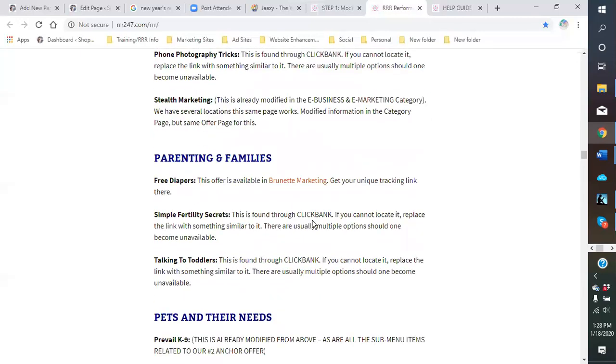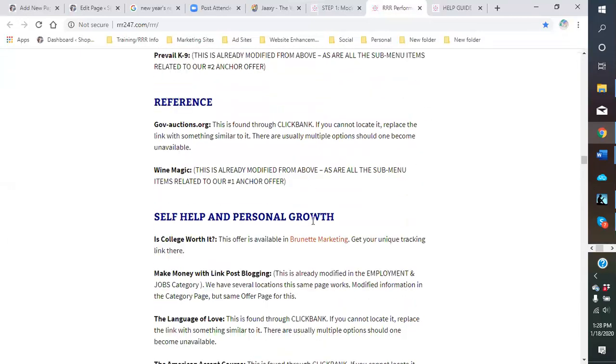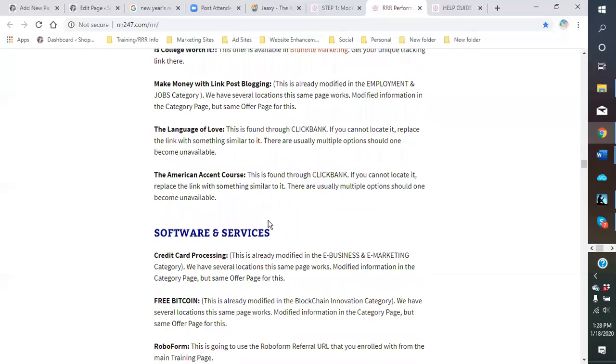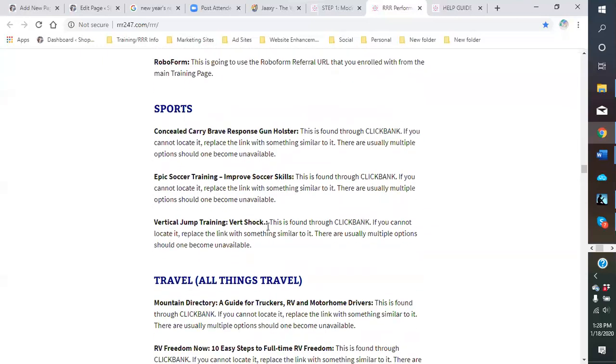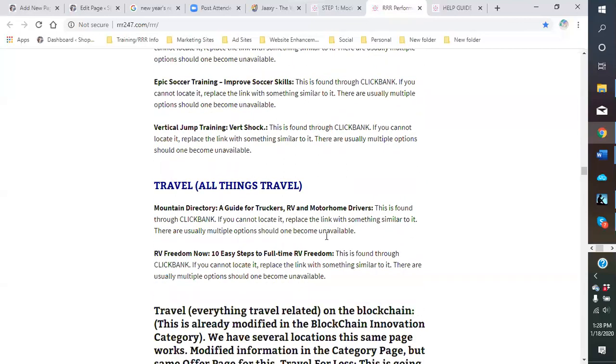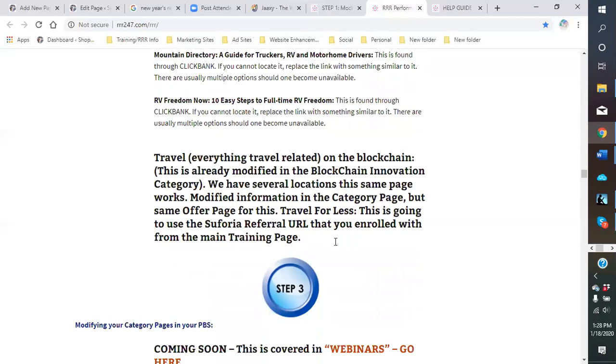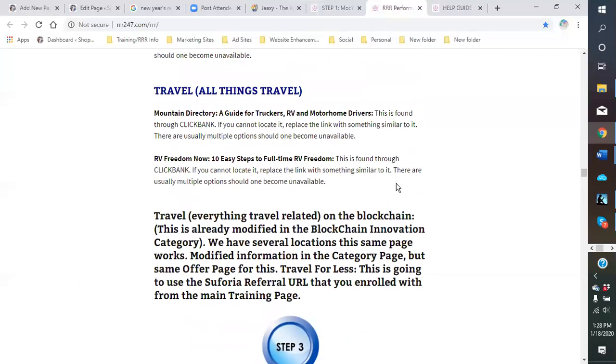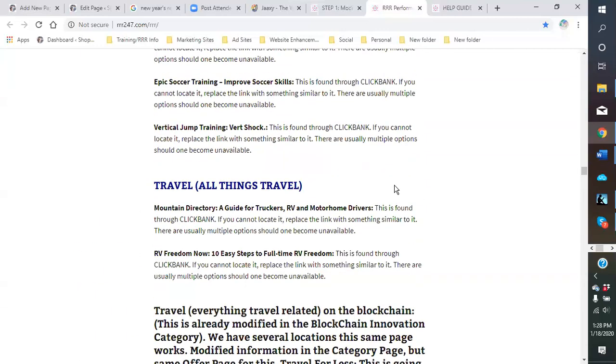So this is basically a map of your website and the different products that are there and where you can find them. If you have any issues on not knowing where to find something or you can't find it, get with your instructor and they'll be able to tell you or send you the site link map of our new